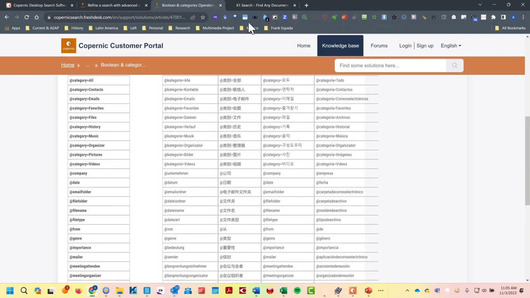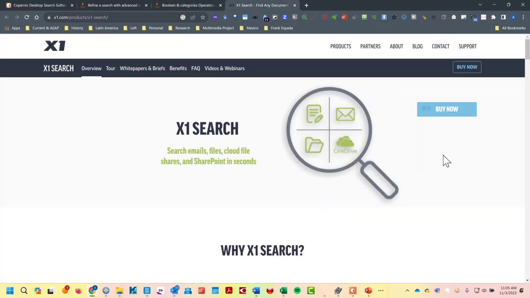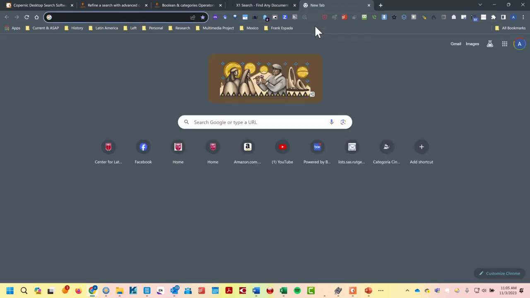And the alternative to Copernic is X1 search. And last I checked, which was a while ago, it does the same stuff. The interface looks a little different. And I don't know how the prices compare, right? And the alternative to all of these, and I think I mentioned this in the